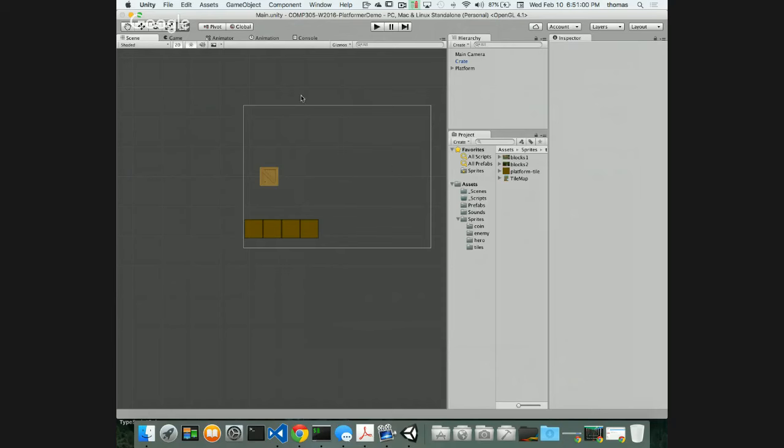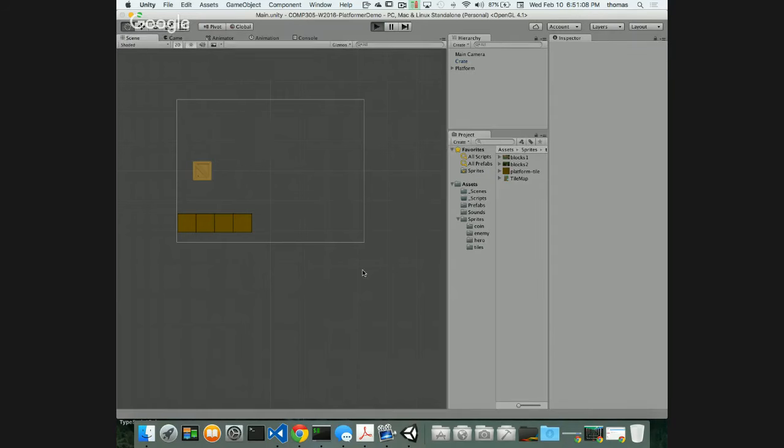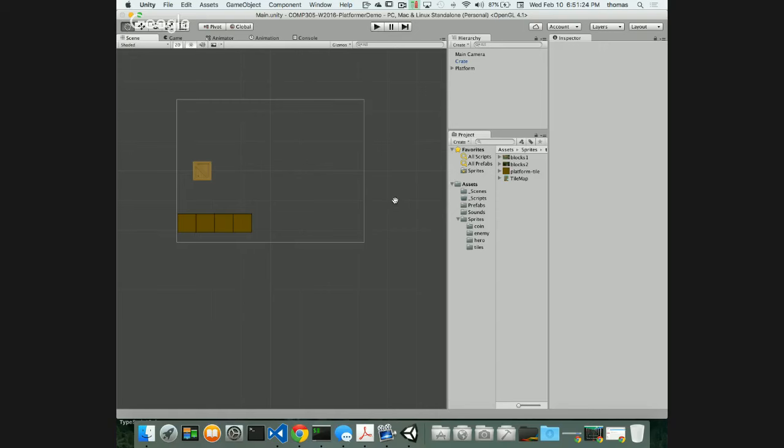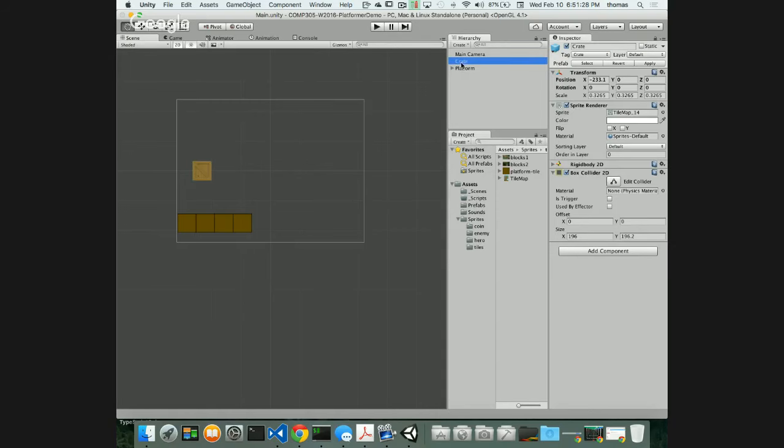Last day when we left off, we were doing this little game, and I talked about making this pixel perfect and some of the problems with that. Notice when I made this platform, here it is, it kind of bounces. We've got this item that bounces down here. You've got an item here that's a rigid body 2D, which means that it has a weight. When you have a rigid body 2D attached to it, so if I click on the crate item,